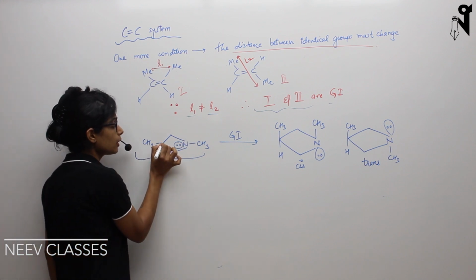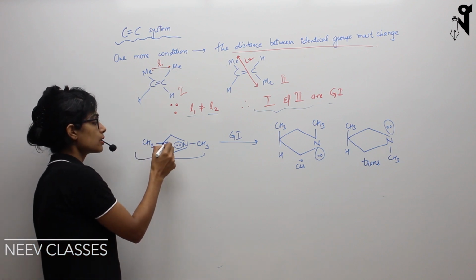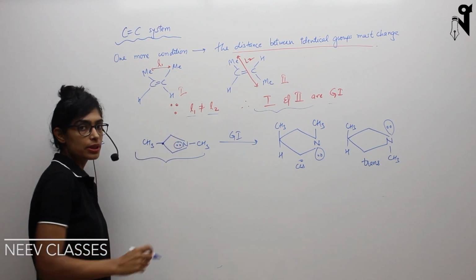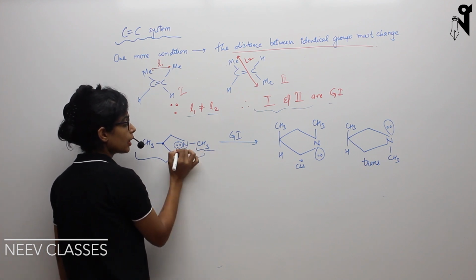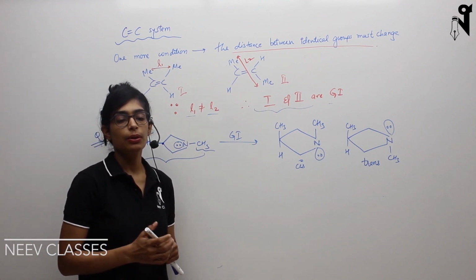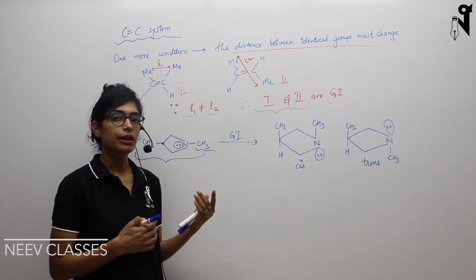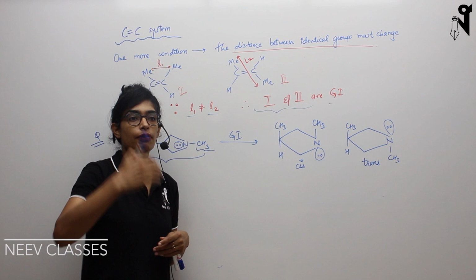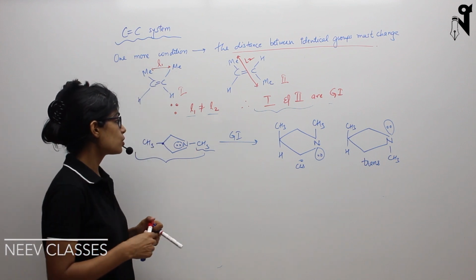Here in this particular carbon there are di substitutions, two different substitutions. One is CH3 and another is hydrogen, and then the rest of the group is the same. Here the other atom which has two different substitutions is nitrogen. One is CH3 over here and another is a lone pair. So even a lone pair will be treated as a different group, and we'll be taking it into consideration for finding out the GI. Okay, so now let's see whether it will show GI or not.